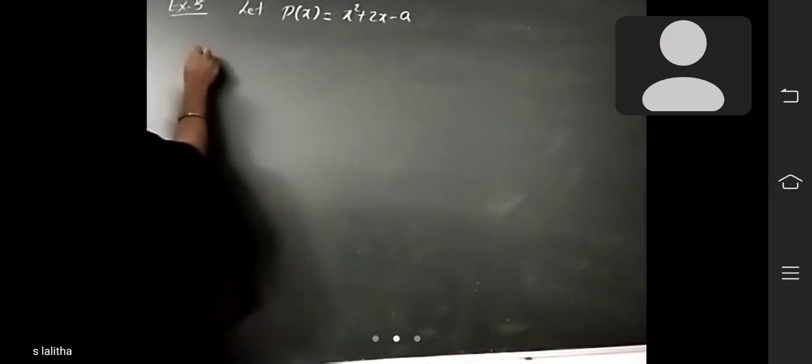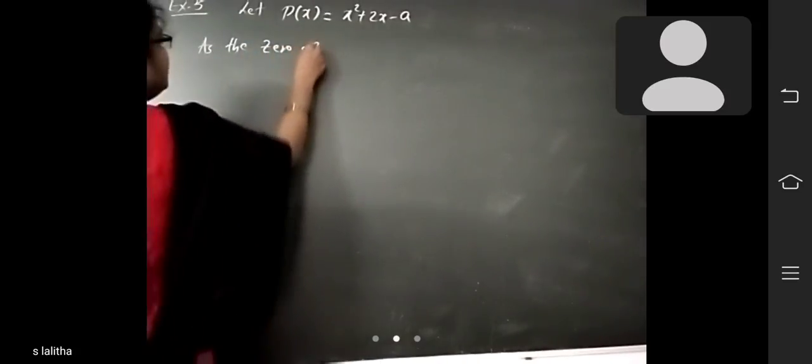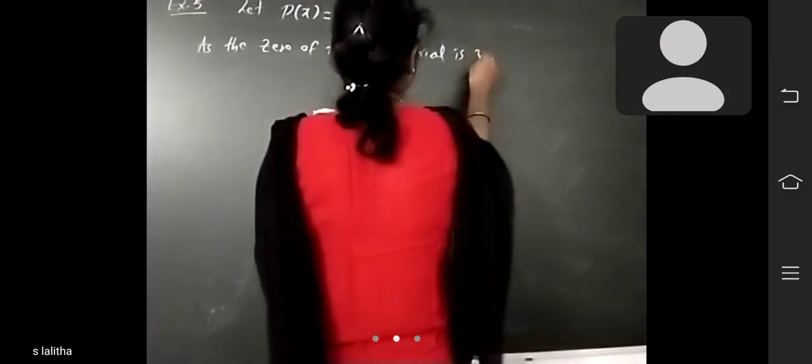Let p of x is equal to x square plus 2x minus a. So you have to find the value of a. And next, what is given? If 3 is the zero of this polynomial,